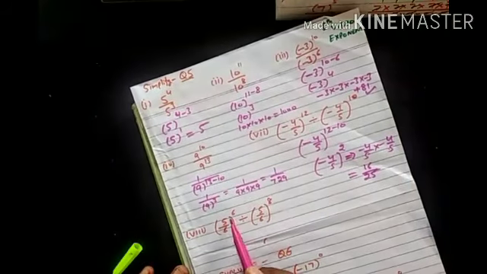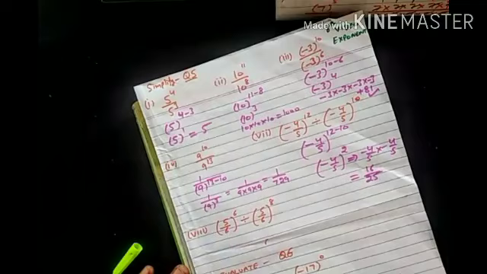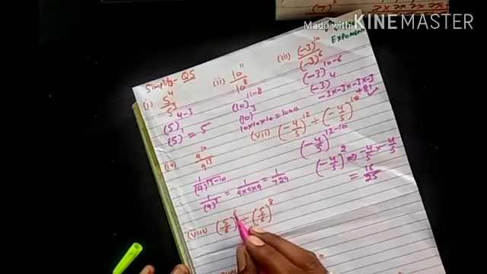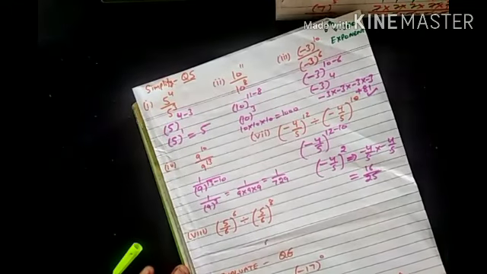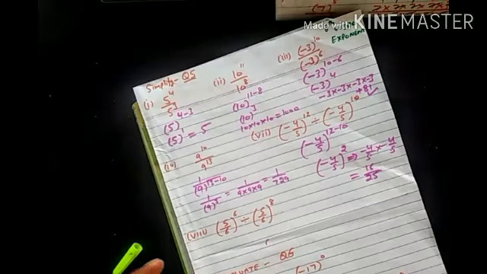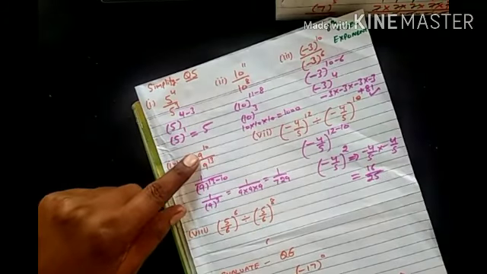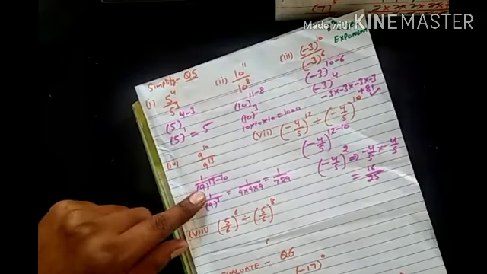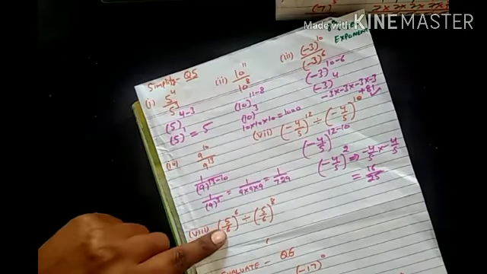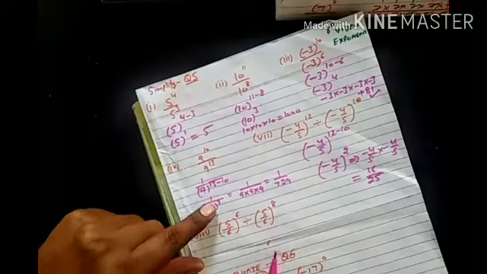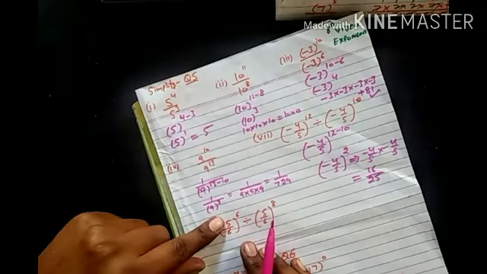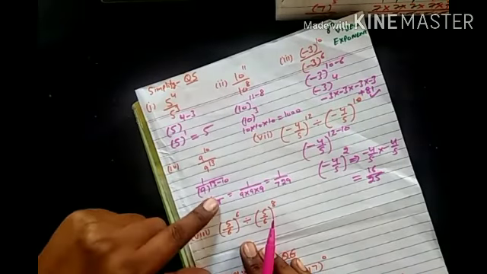Okay, now here you will see 5 by 6 to the power 6 and 5 by 6 to the power 8. Now here what you do, you will subtract 8 minus 6, but you will have to take the reciprocal of the base. Here you see that if it was 9, then you write 1 by 9. Okay, so here you will make the reciprocal of 5 by 6.